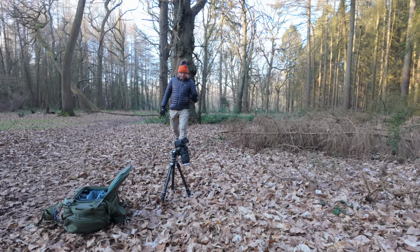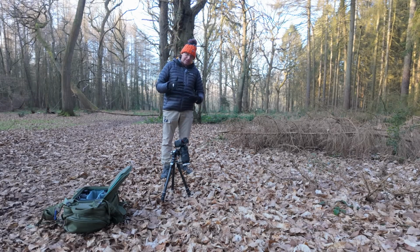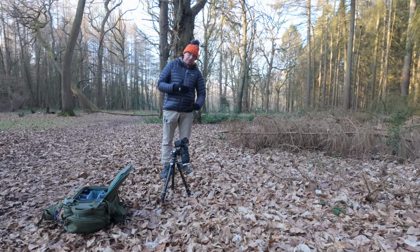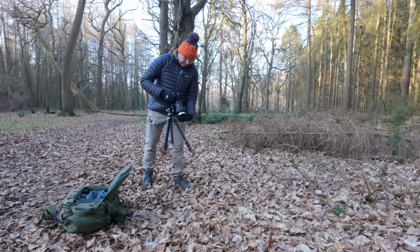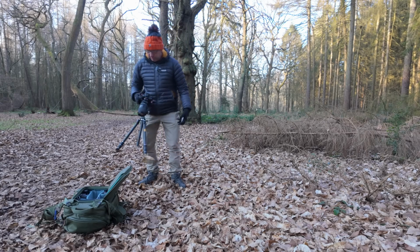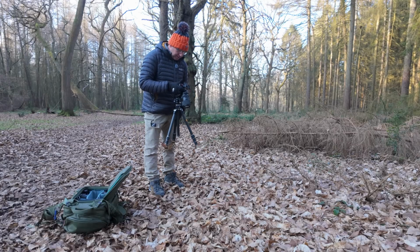Okay, what I want to do is actually show you the difference with having the close-up lens on and not having it on. So at the minute I am about, let's say, just over a foot away from the subject, and I've got a lot of scope there zooming in and going right into detail. So if I take the filter off and try and focus on the same subject,